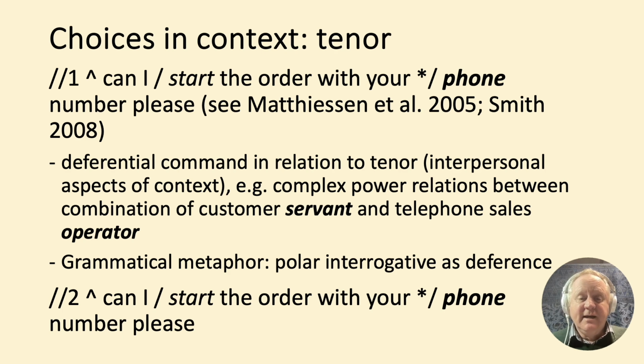So the salesperson here doesn't want to start a discussion as to whether or not they really can start the order. In other words, they don't really want to negotiate who is in charge of the interaction or how it will proceed. If they used a rising pitch contour, tone 2, as in the second example in this slide, this really would sound like a yes-no question, as a genuine request for permission to start the order with the phone number. Can I start the order with your phone number, please? That would, of course, sound a little odd in this context, although it would be taken still to mean a demand for information for the customer's details.